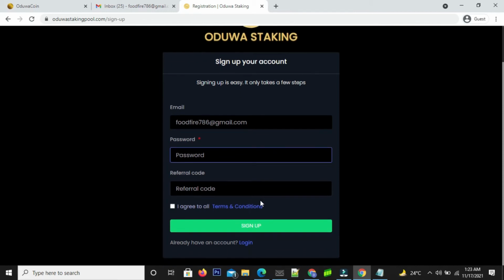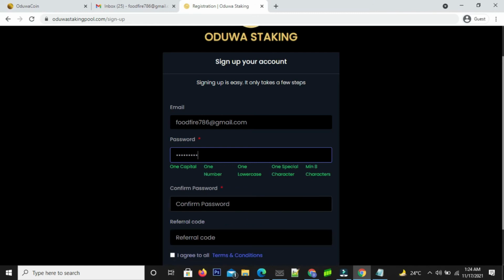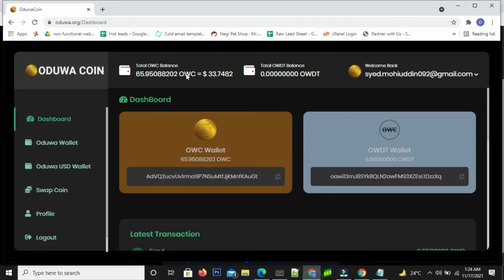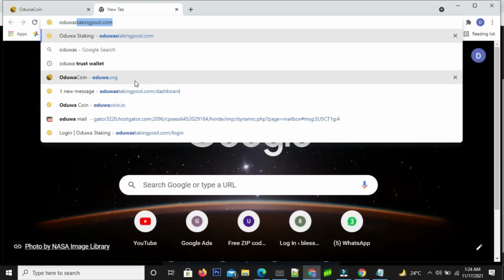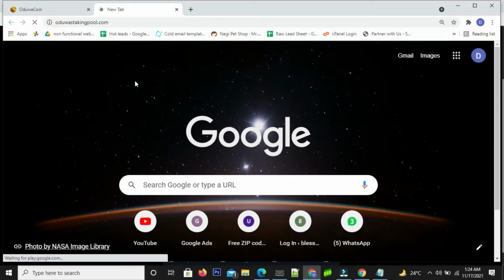You can either use different email addresses for two different things, or you can use the same email address as you have used for Uduwa.org. There is no problem with it. So I will enter an alphanumeric password which has special characters as well, one lowercase, uppercase, all the conditions are met. If I have to refer someone, I will go to my old staking pool account